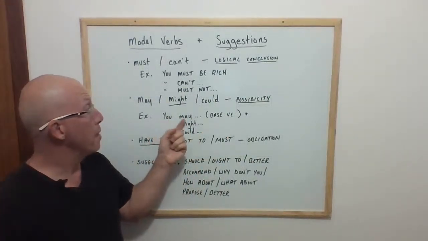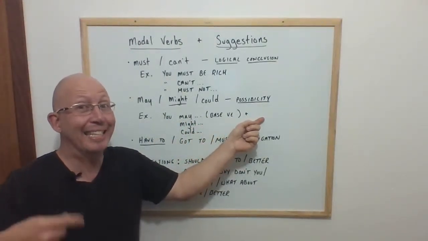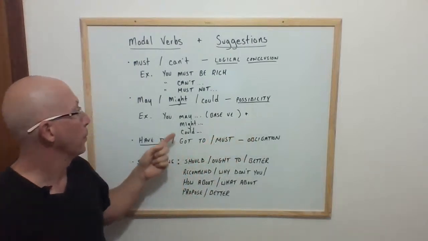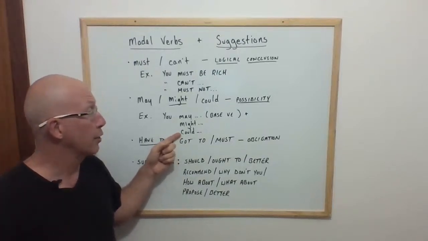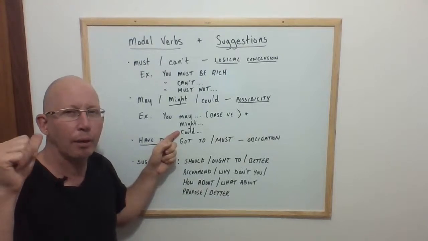So you may be, and then I would add a verb ing, the gerund form, driving. You may be driving. You might be driving. You could be driving. So this could, and there are other coulds. A última aula eu expliquei isso.